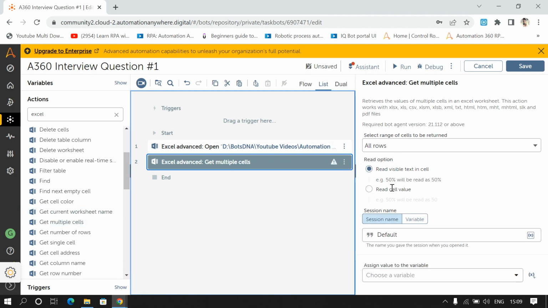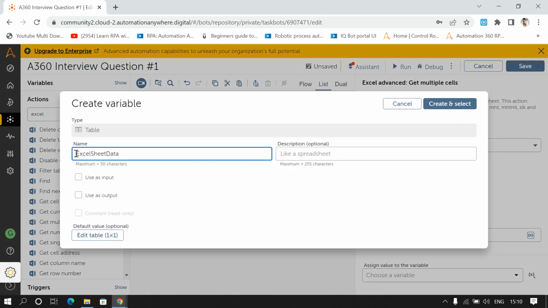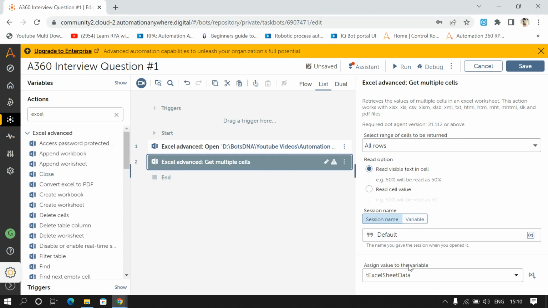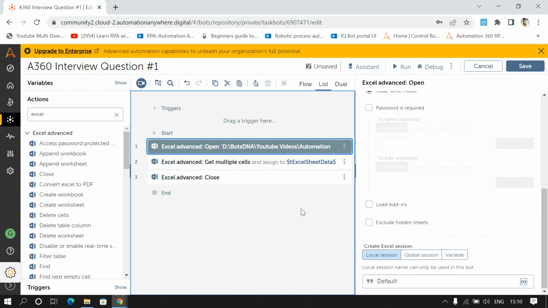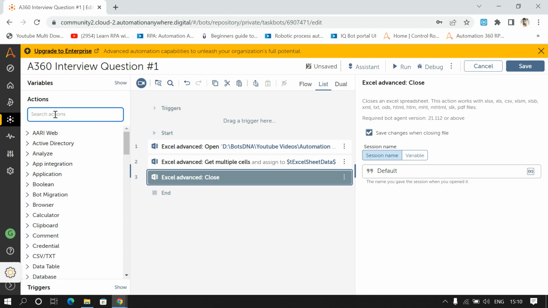to read all the rows and store it inside the variable t excel sheet data. And after this, I'll close my Excel. Once I have the data in the table data variable, then I'll close my Excel, and I'll give the session the same as default only. So once we have the data in the table variable,